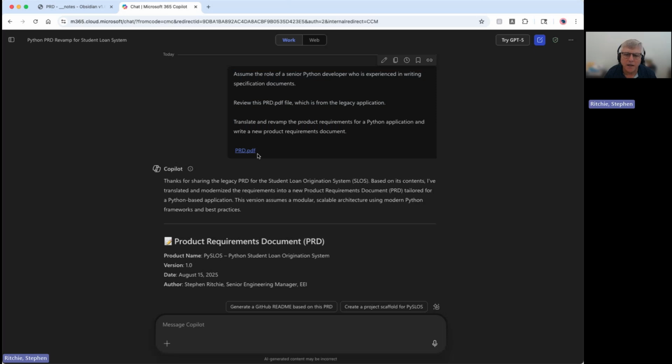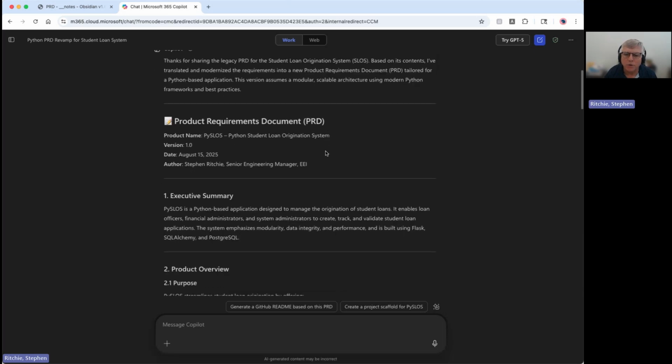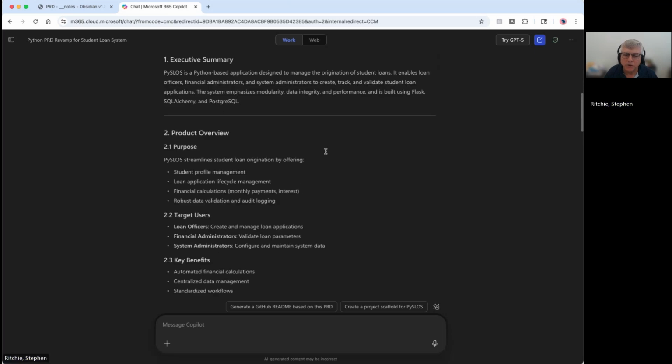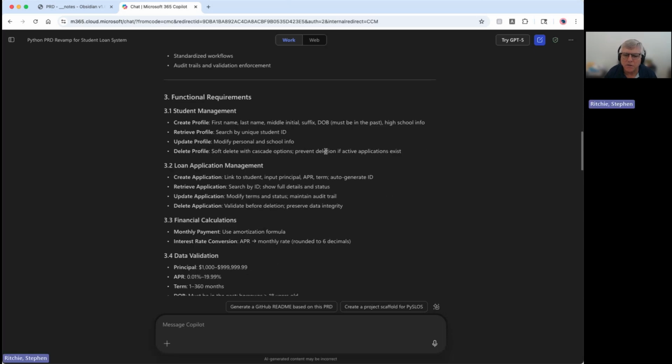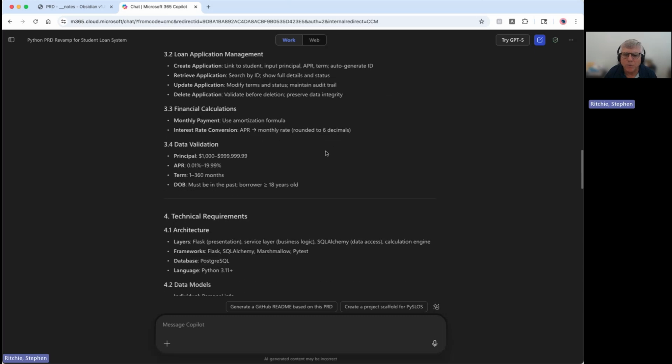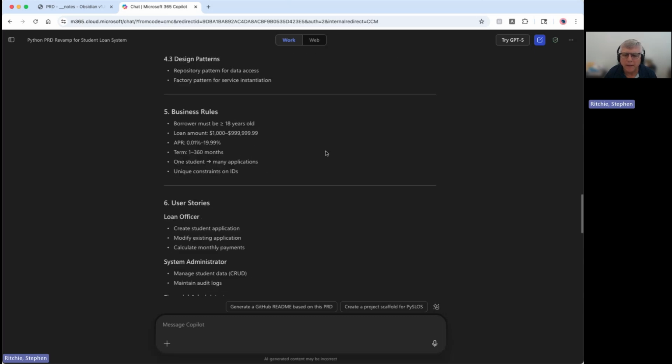So I've gone ahead and attached it as I've shown here, and Copilot will go through and generate this document. What I like about Copilot is it's pretty good at reading these PDF documents and going through and generating